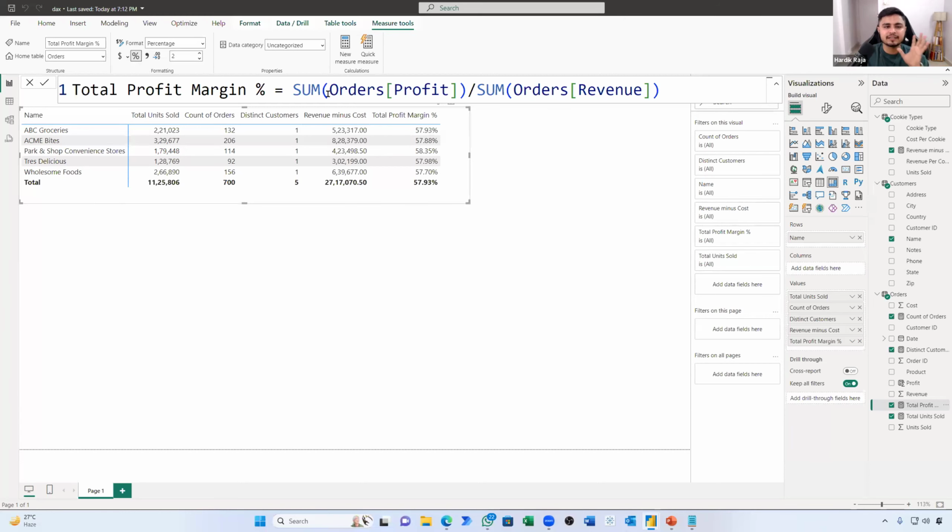Before I open the Zoom chat, let me do a quick recap. We did nothing fancy. We just created a measure: sum of total profit divided by total revenue. We got a decimal answer. Then we used our separate knowledge in Power BI, which is formatting of measures, and we converted it into a percentage. It's almost similar to what we have in regular software, which is Microsoft Excel. Is that a yes? Simple?